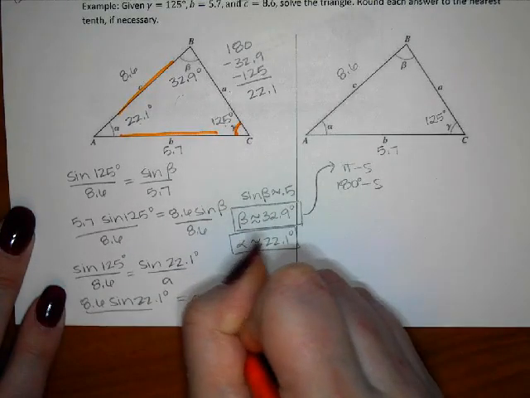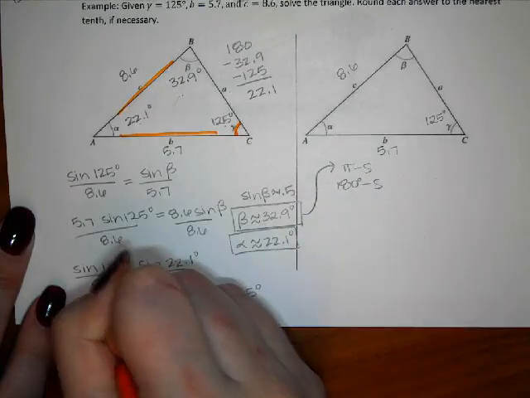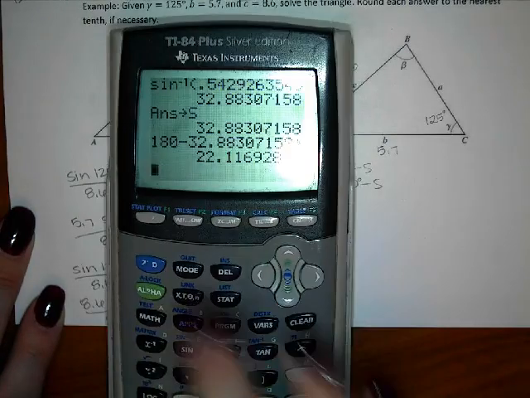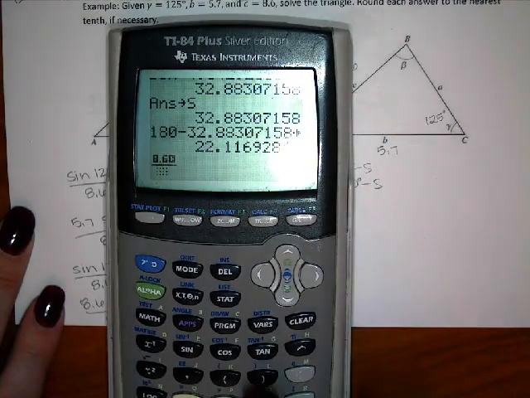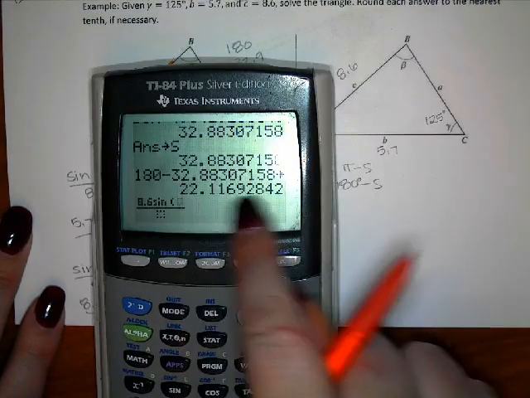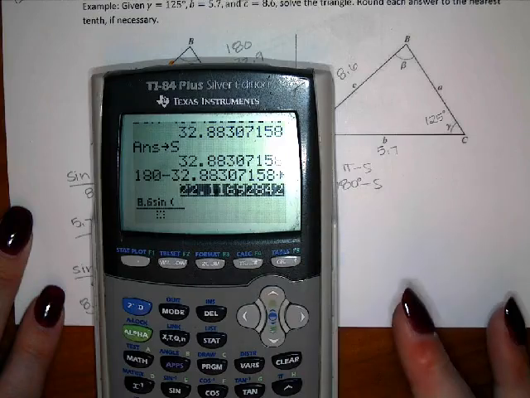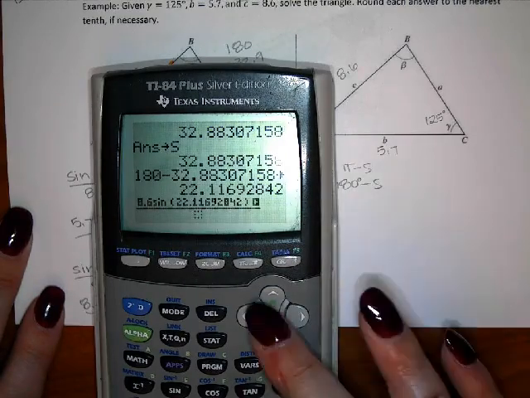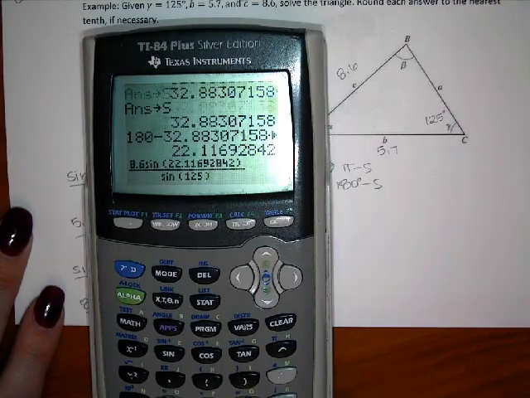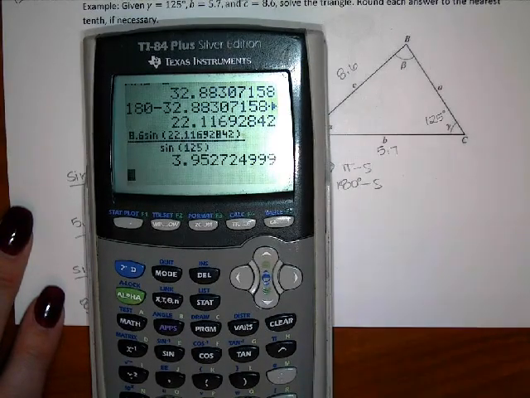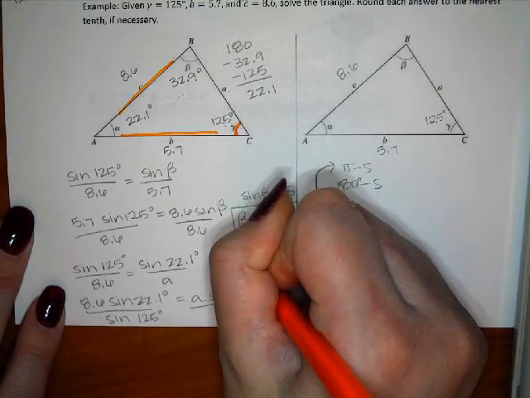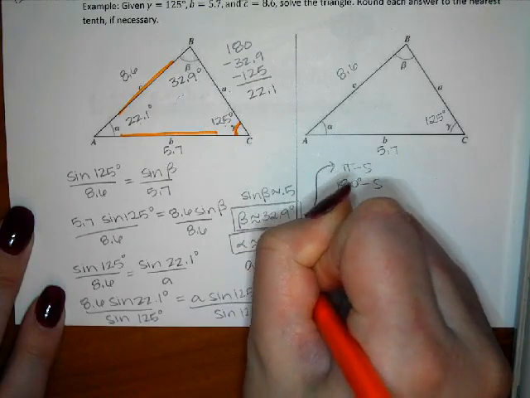Okay, so 8.6 times sine of 22.1, and that's this decimal right here, so I'm going to go up and copy paste it, divided by sine of 125, and I get 3.95, which rounds to 4.0. So A is approximately 4.0. Okay, so in my first triangle, I found the two missing angles, I found the one missing side,